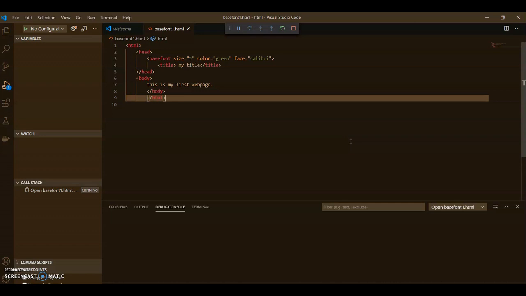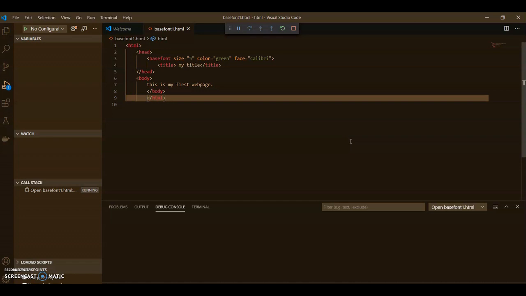Because I don't have Internet Explorer 9 or an earlier version, I have the updated version, I'm not able to show you. The basefont tag is obsolete, it is not in HTML5, so there is no need to panic or worry about not being able to use it.